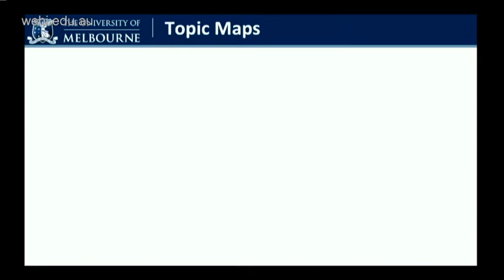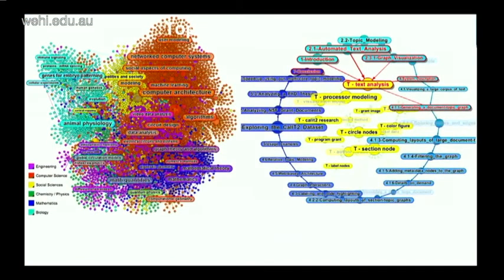So another way to think about this is to look at the content of the communications themselves. And there has been some work on something called topic maps, in which essentially messages or communications are clustered in terms of their content. And so here are a couple examples of different kinds of visualizations which focus on the relationships between topics, and essentially doing clustering of content and then looking at co-occurrences or relationships between different kinds of content on the basis of the actual words or the themes that are expressed in the messages or in these